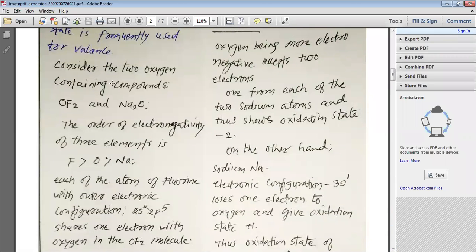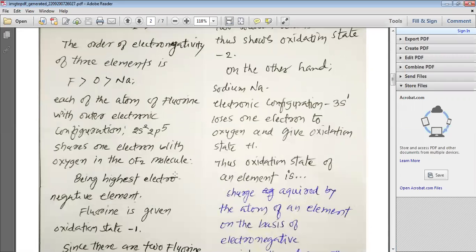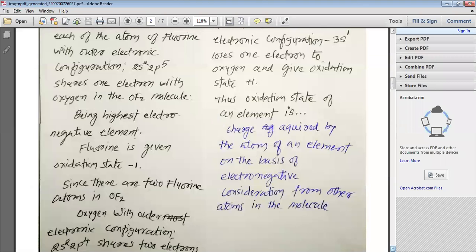So consider two oxygen containing compounds, OF2 and Na2O. We have seen that fluorine has the highest electronegativity, then comes oxygen. Oxygen has electronegativity more than sodium. So in the compound OF2, we can understand that fluorine, which has the electronic configuration 2s2, 2p5, is more electronegative than oxygen,